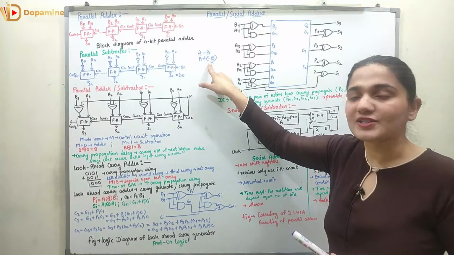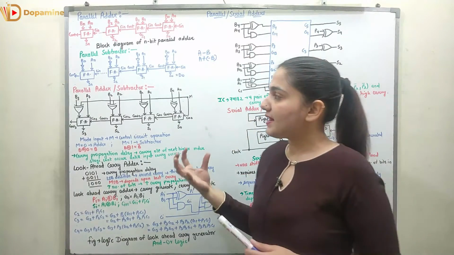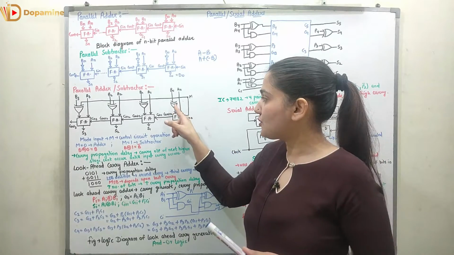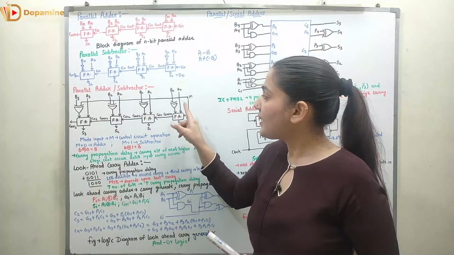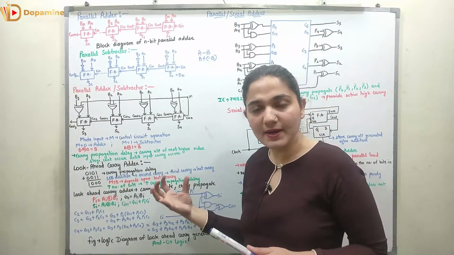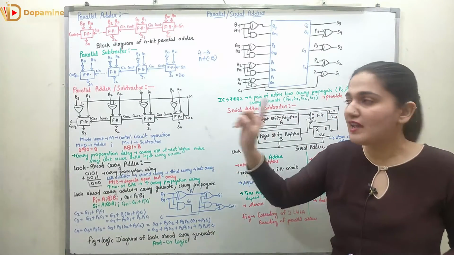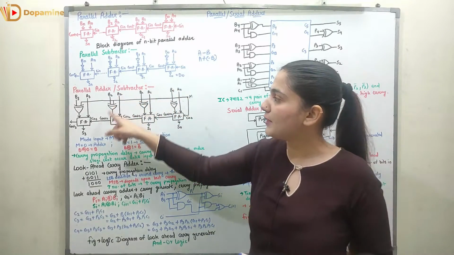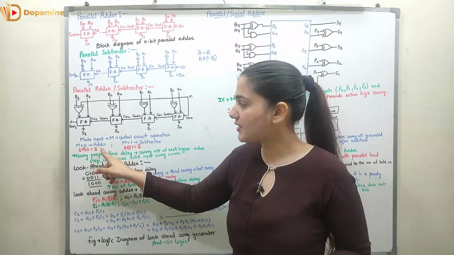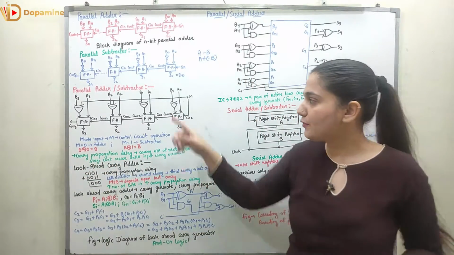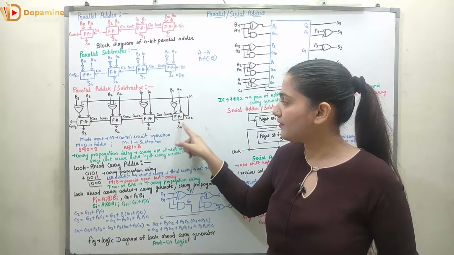So it is based upon this phenomena that I can do the subtraction also with the help of adders. Plus operation is used when I represent B as minus B, right? So for representing of minus B, the invert of B, I will use the XOR gate, right? So A bits are sent as it is to the full adder, right? The B bit has to be either B bit or the invert of B bit, depending upon what kind of operation I want to have. If I want to have the addition, the B0, B1, B2 and B3 should go as it is, and so that I will take the M input to be 0. So B XOR 0 will be equal to B only.